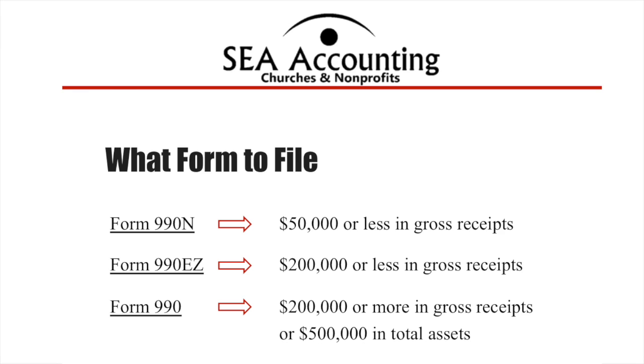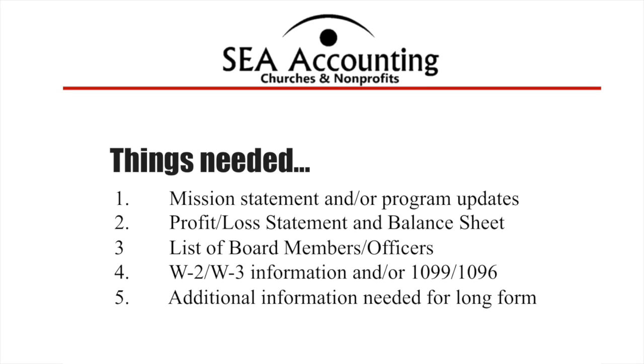Now, the next thing we're going to cover is the things that you're going to need in order to file your long form 990. The first thing that you're going to want to have is your mission statement and your program updates. And this simply means that you want to be able to state what your nonprofit is doing, what its purpose is. And then if you had any updates, for example, if you have a school and you added an after school program, that's a program update. You're updating a program that you've added to your nonprofit